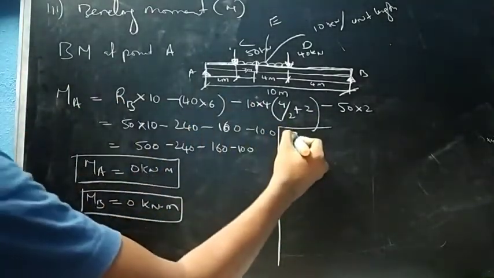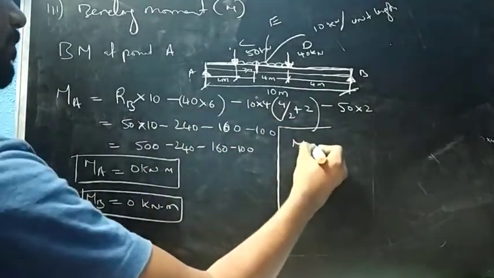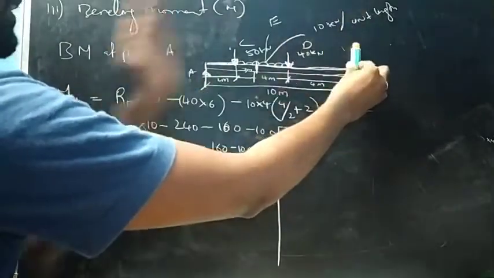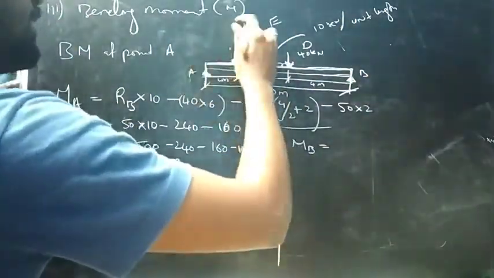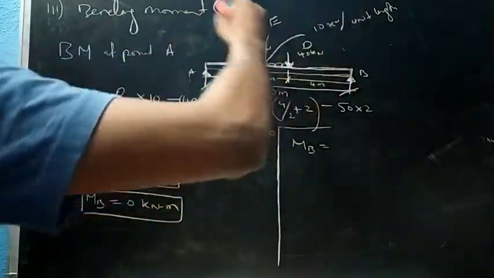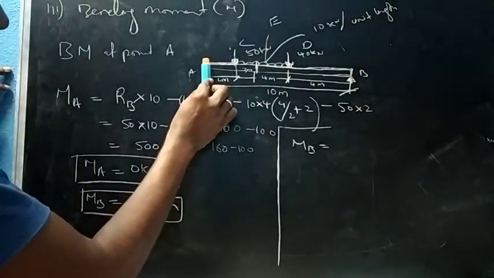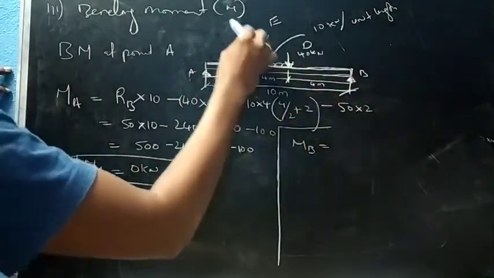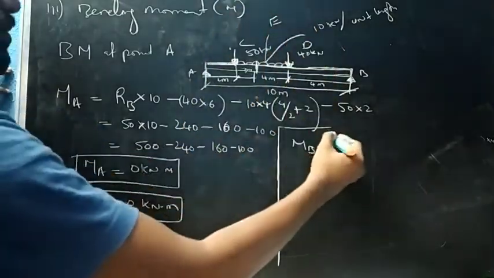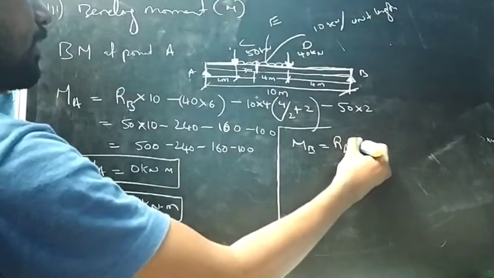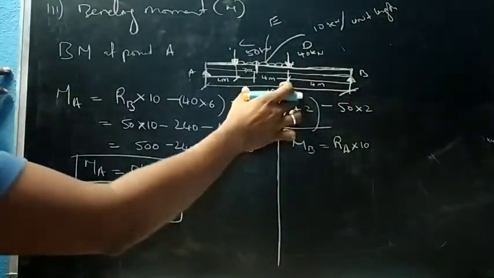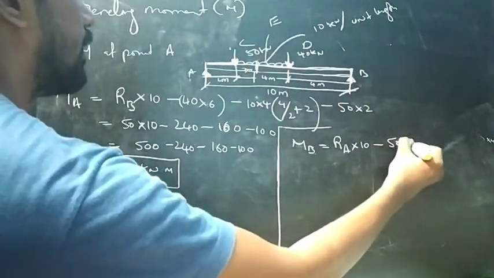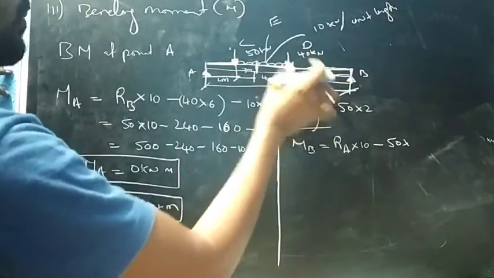So for your clarity, I am doing this, that is MB equals to moment at B, coming all the way from left to right. This force will try to push this beam up, so it will create a sagging bending moment. So we take positive, that is RA into 10, right? RA into 10 minus 50 into 8